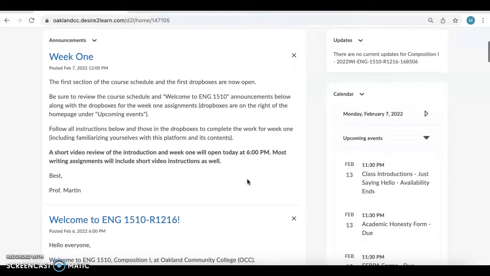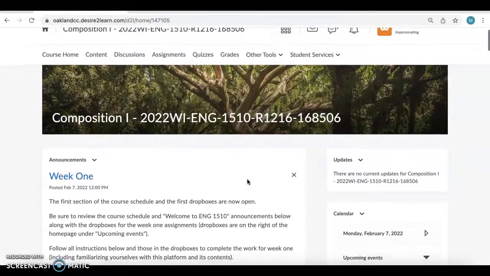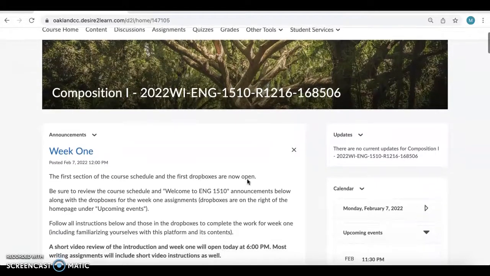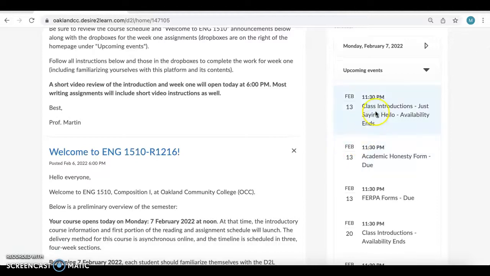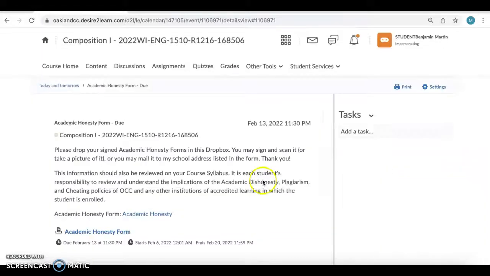The setup here, though, guys, is pretty straightforward. For week 1, you're getting familiar with this course. Your 3 things that are due by this weekend are fairly simple and straightforward to complete. The first one is the class introductions and the academic honesty form and the FERPA form. These 2 down here are simple little print your name, sign, and date and send back to me in this